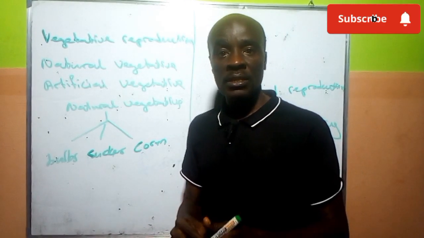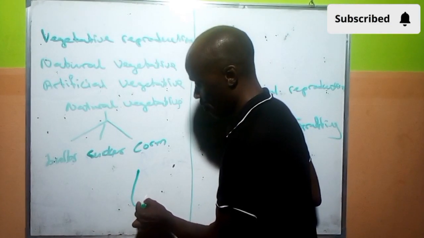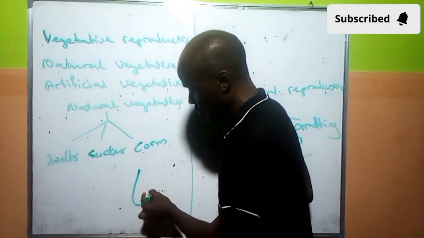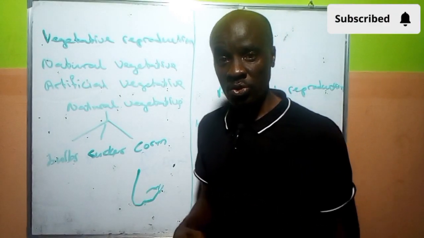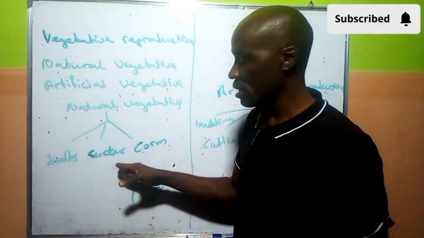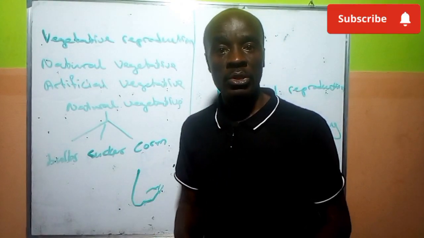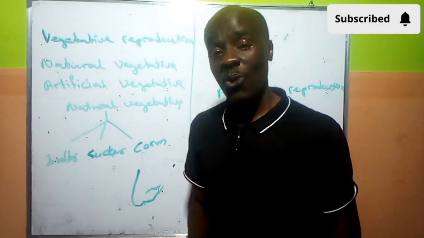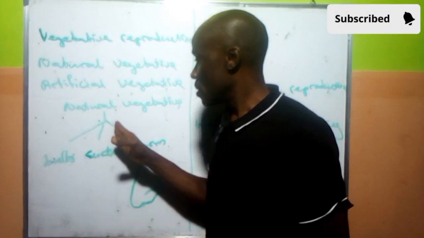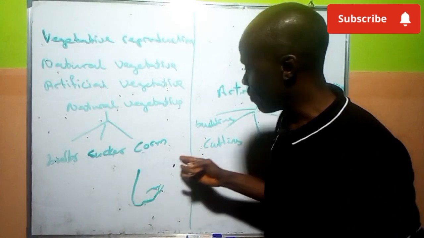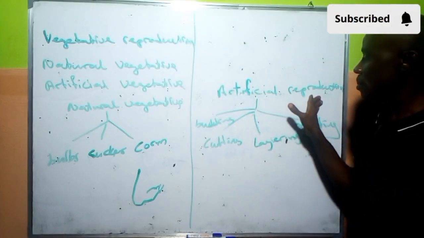The sucker is the type that grows underground, and they use these underground suckers to develop into a new plant. This can be seen in plantain and banana. And we have the corm, which we see in cocoyam. That's where we see this type of natural vegetative reproduction. There are so many of them, but these are just the few I want to talk about. So going over to artificial vegetative reproduction,